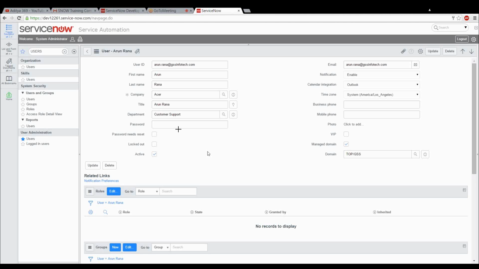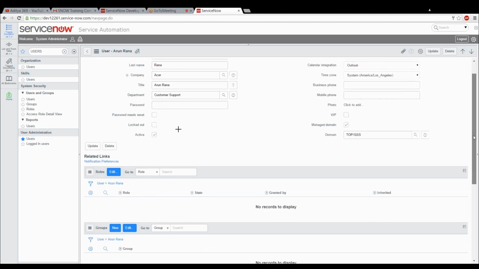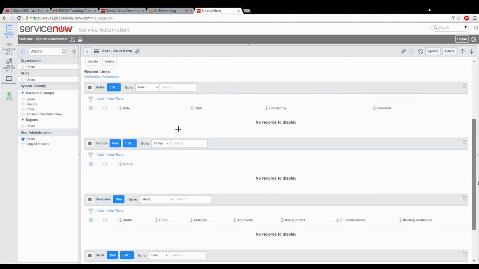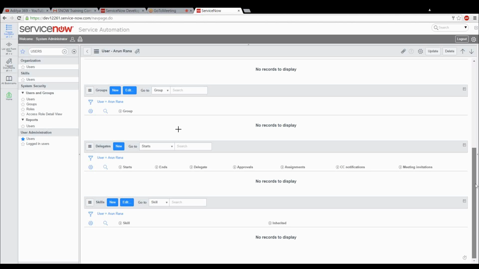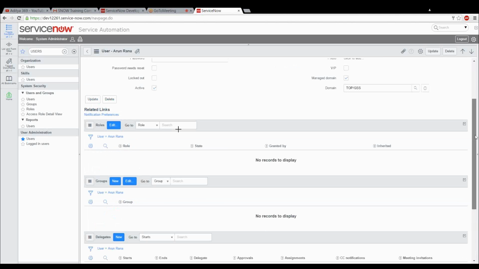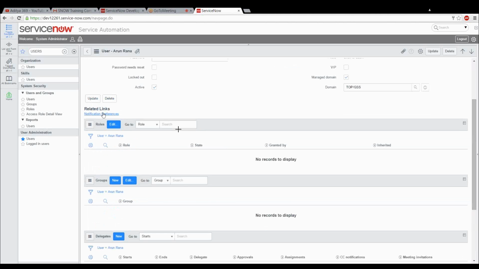Before roles, there is an edit button, click on it. Using this link, we will give the roles to this user. Chandu, can you go to the top? Yeah, there is roles, right? Beside the roles, a blue edit button. Click on that.